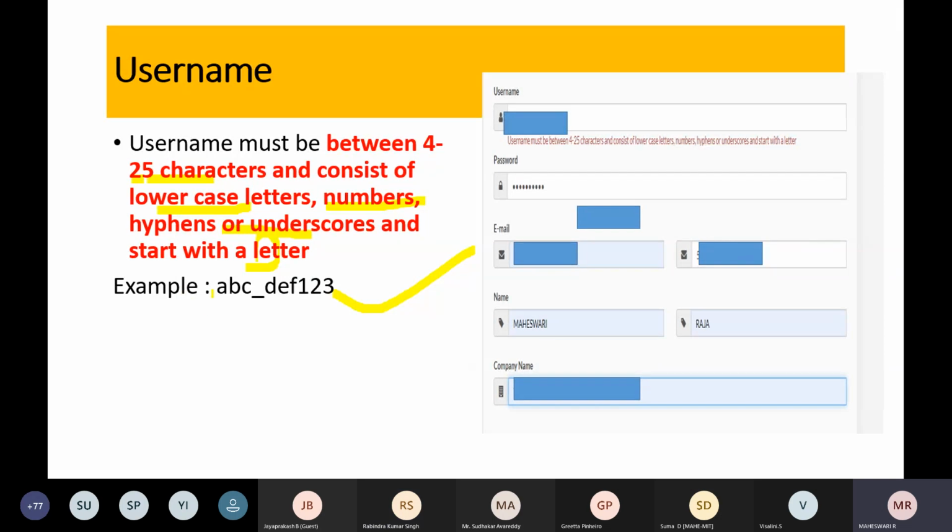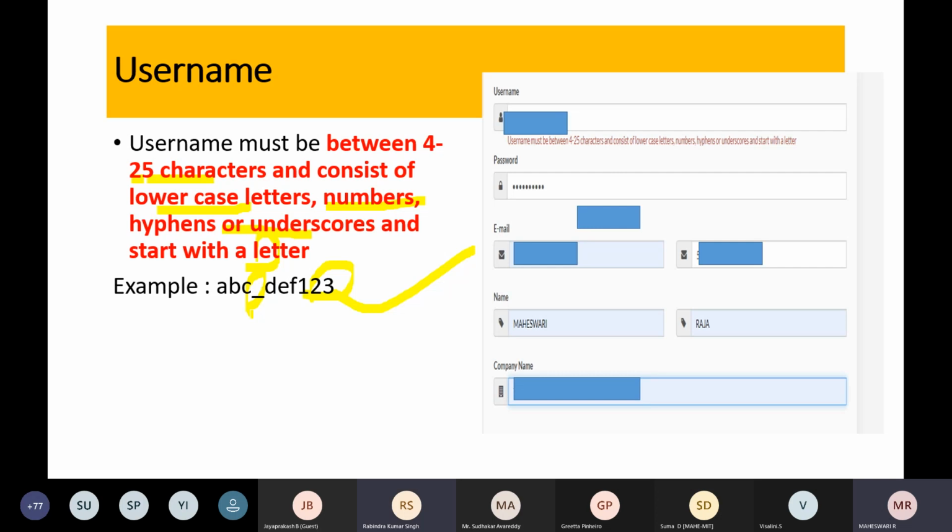This is the protocol for the username itself, not the password. You should not waste your time in identifying your username. Keep this protocol: it should be from 4 to 25 characters.